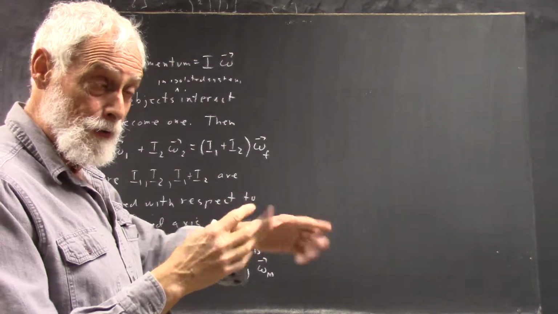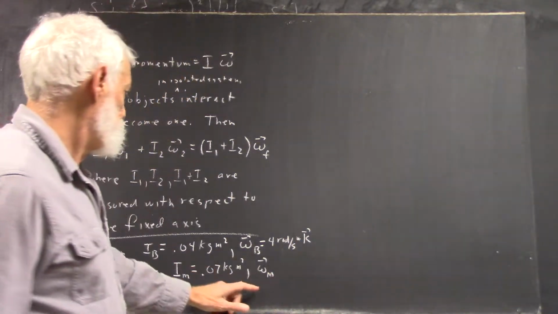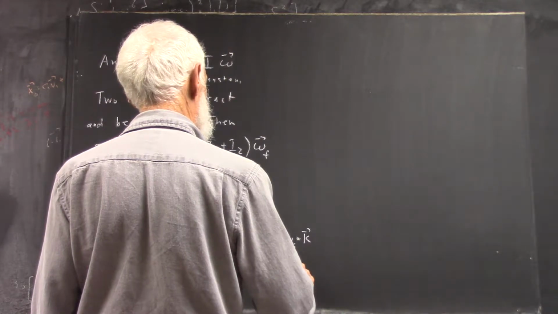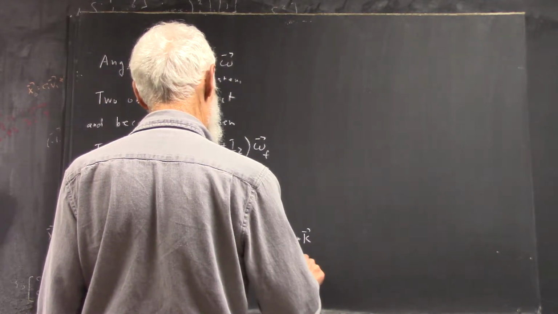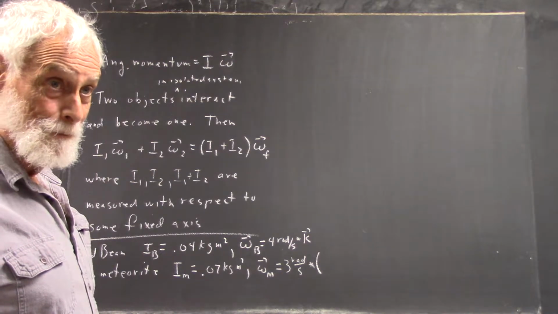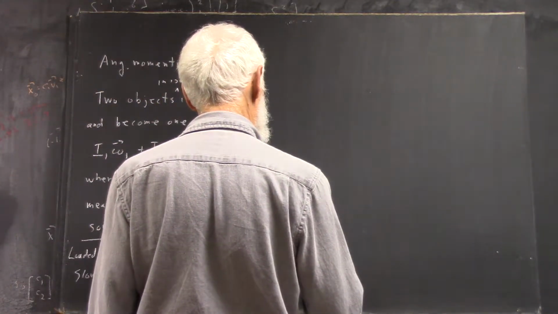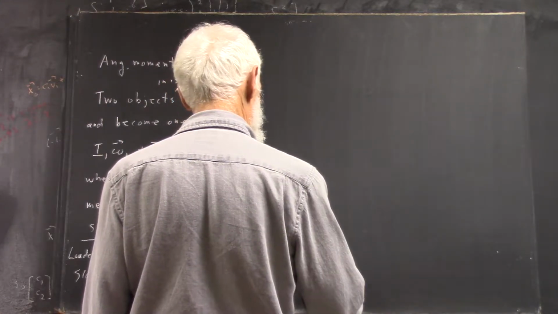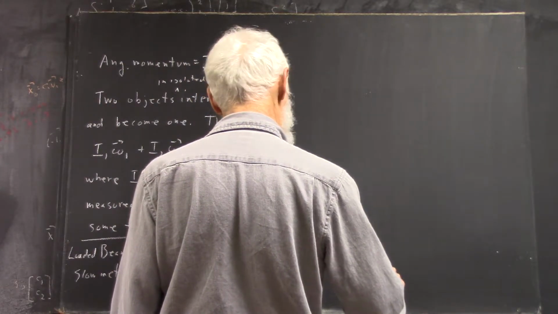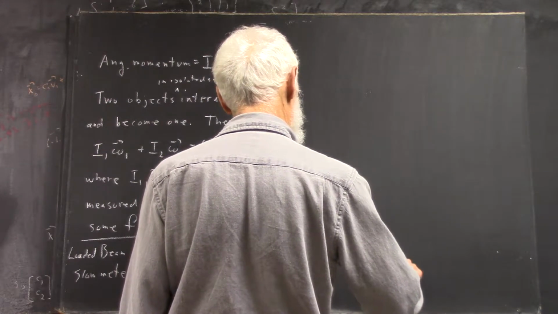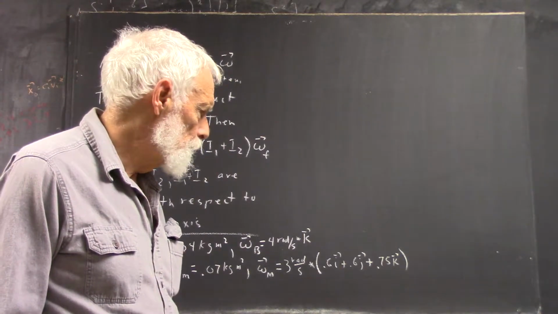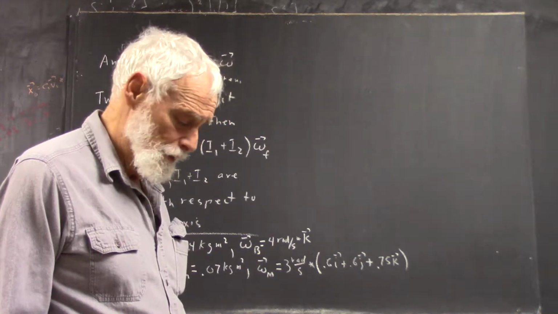So without going into the details of how we would calculate that, which aren't that bad, omega m turns out to be three radians per second, okay, multiplied by this. Okay? Actually, 6 and 0.6, so 2,